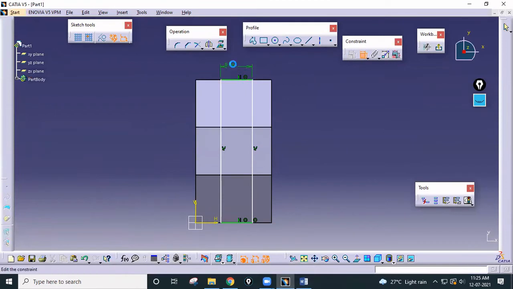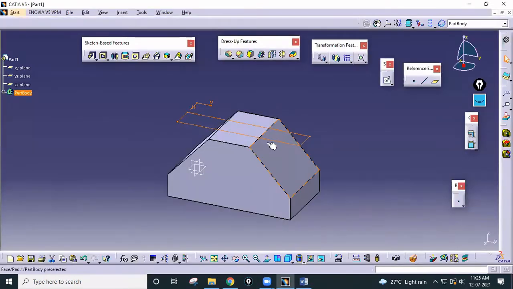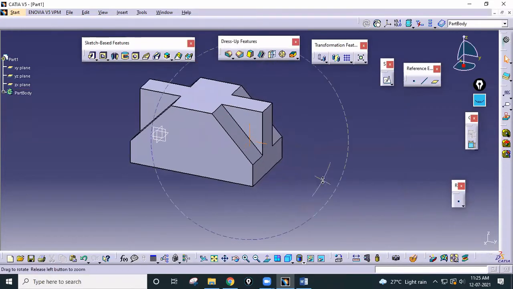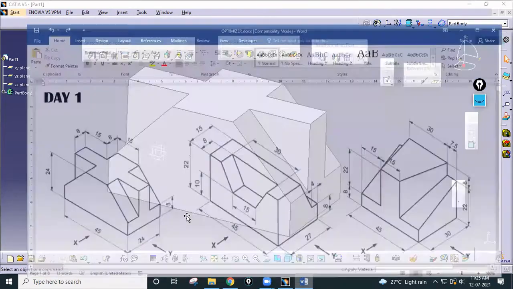This is also 8, and from this edge again it is 8. From any edge the distance of this edge will be 8. This is also 8. This is the second step sketch, and then you can pad it up to next and click OK. So this is our part 1.